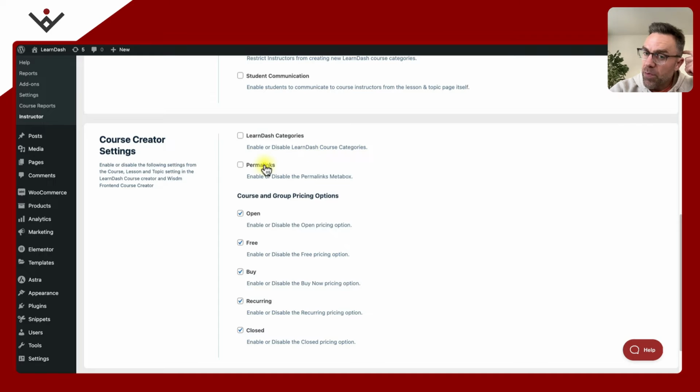And then same thing with permalinks. If you don't want your instructors to be managing the URL of the course, and that's something you as an administrator want to manage, then you would disable this so that your instructors could not change the URL of a course. Only you as an admin would set that up and say this has to be the URL and get to see that before anything gets published. Then these final options here are for